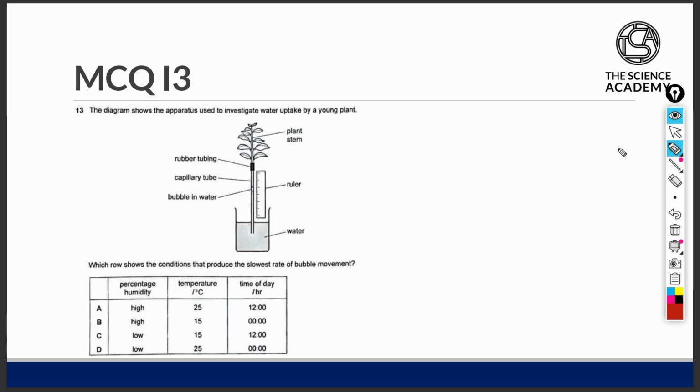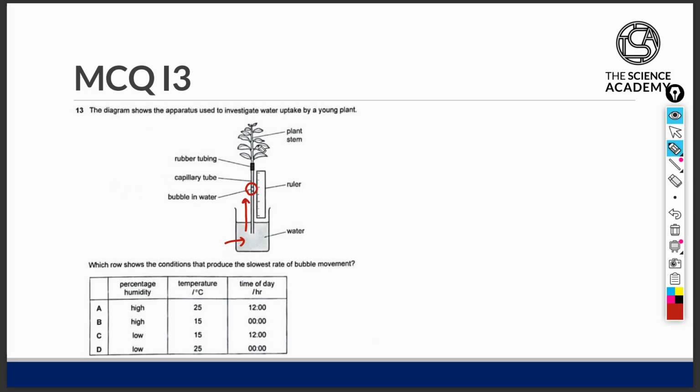Question 13. The diagram shows the apparatus used to investigate water uptake by a young plant. Which row shows the conditions that produce the slowest rate of bubble movement? So the bubble is located here, and the end of the stem of this young plant is submerged in a beaker of water. We know that this water is going to be pulled upwards towards the leaves of the plant